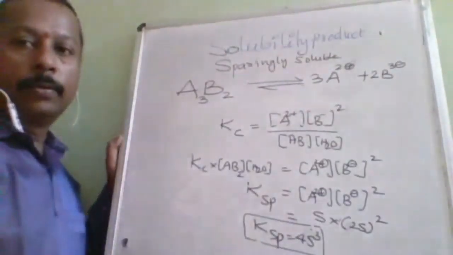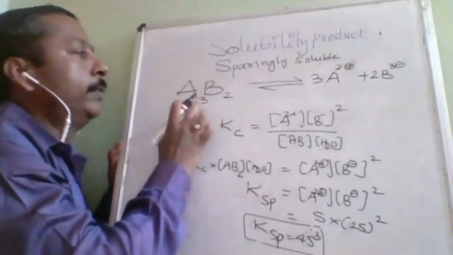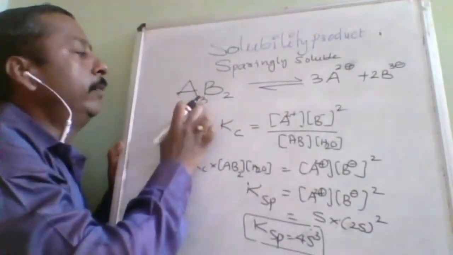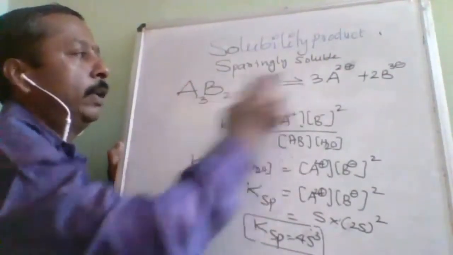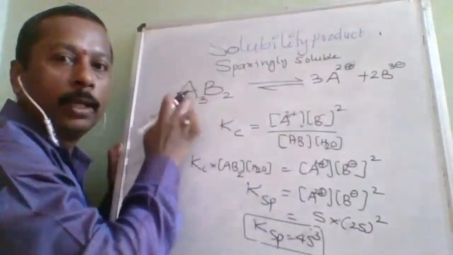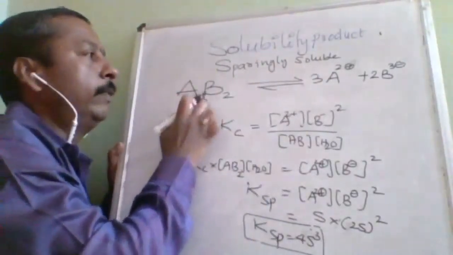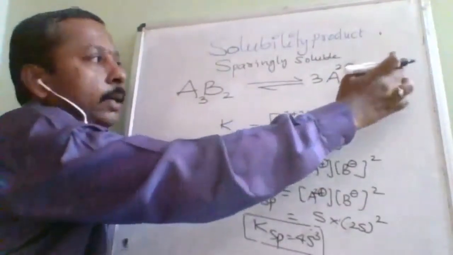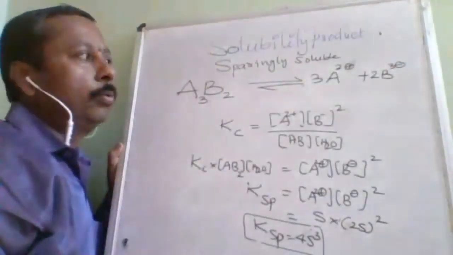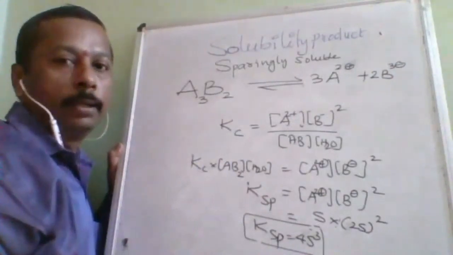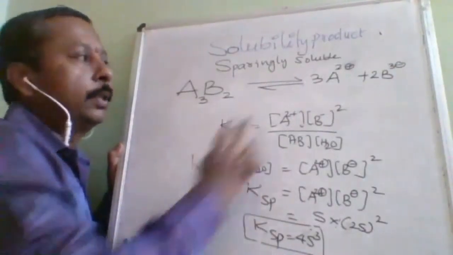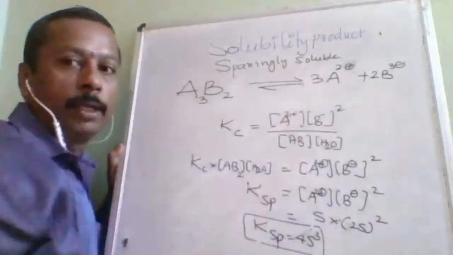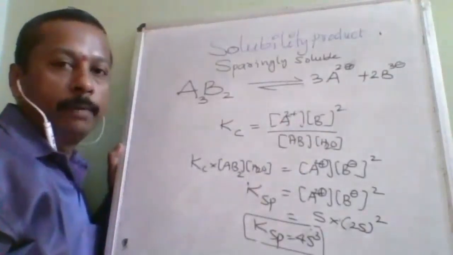Okay, just to avoid confusion, again I'm telling you this 3 will be at two places. One will be as a coefficient of its own ion, and another will be reflected as a negative ion on the next side, that is 3 minus. Is it understood? So this is going to affect our solubility product formula derivation.